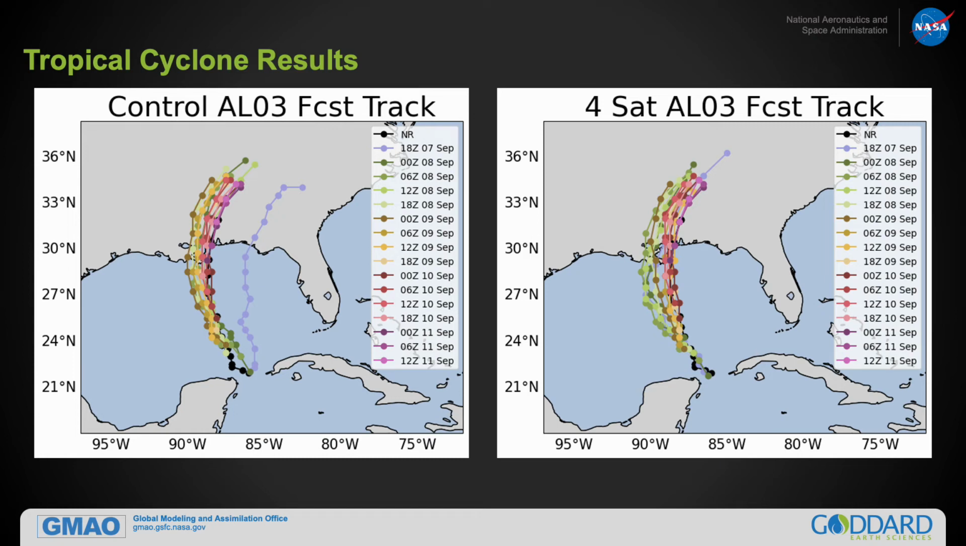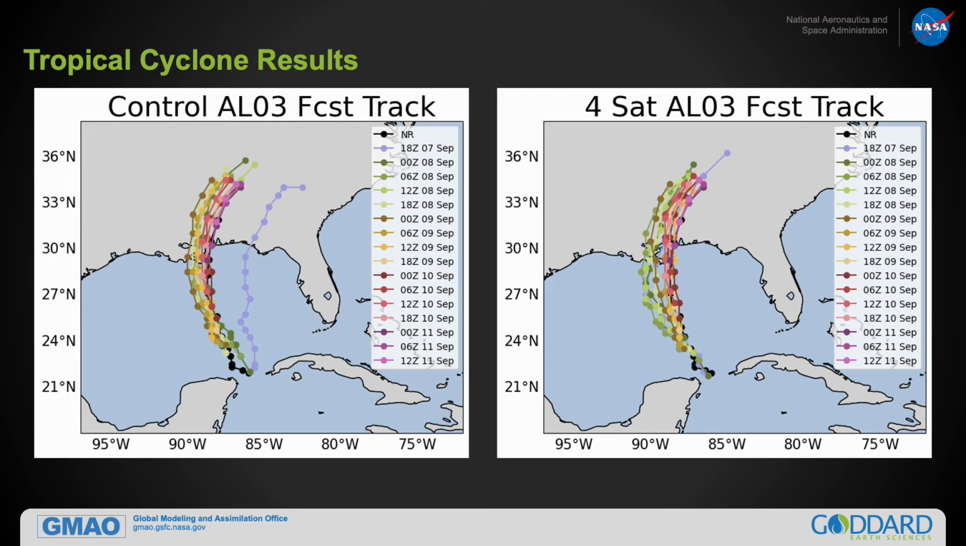tracks. In particular, shortly after the formation of AL03, when it was rather weak, the forecast tracks between the 2 experiments diverged greatly. For instance, for the 18Z forecast on the 7th of September, the control made landfall in the U.S. state of Florida, whereas the 4SAT experiment forecast track struck Mississippi, in line with the true track. For this forecast, the distance from the true landfall point was over 2 times greater in the control than in